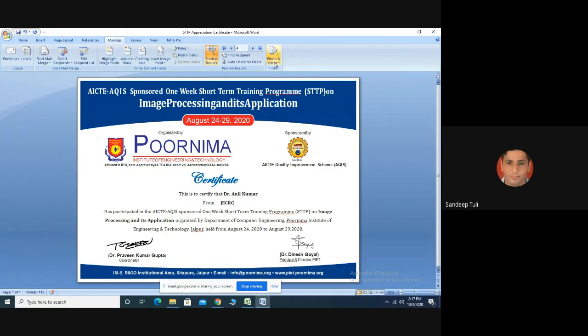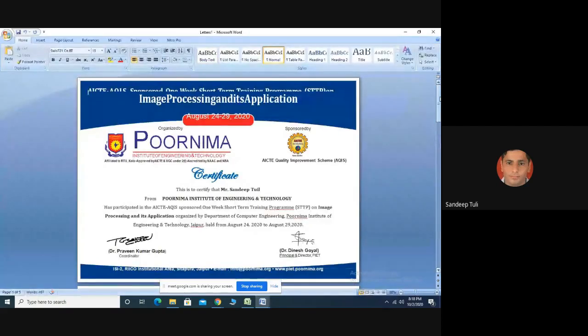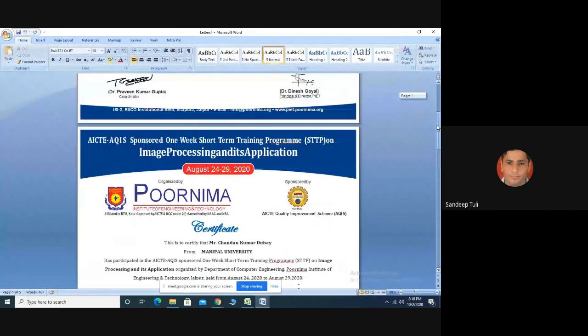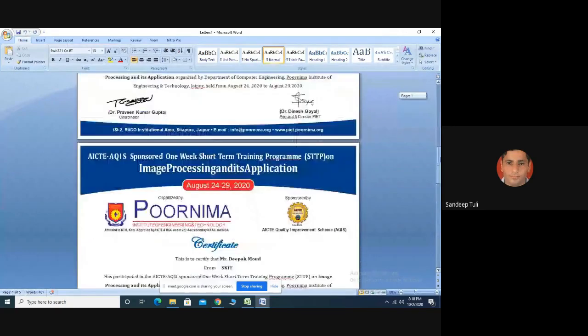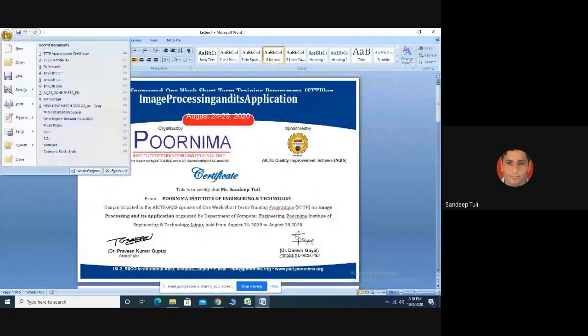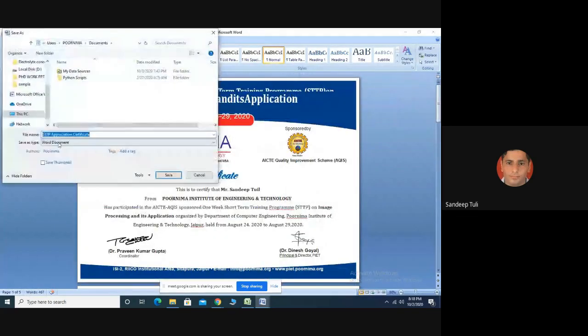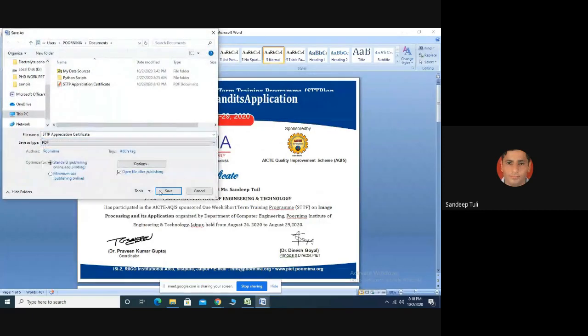Now I need to click on the Finish & Merge option and Edit Individual Documents. We need to select All, or we can select some specific page numbers also. Clicking on the OK button, I will get a particular Word file which contains all the individual documents. So 4 documents are there in a single Word file, you can see that. Now I need to save it as a PDF file so that it can be